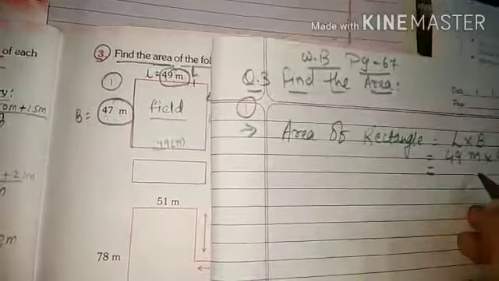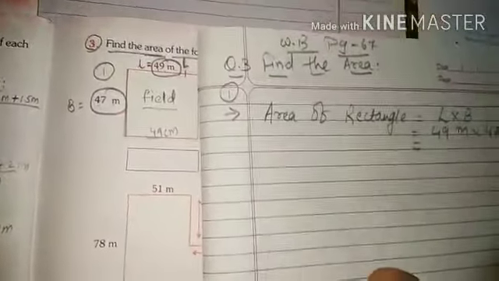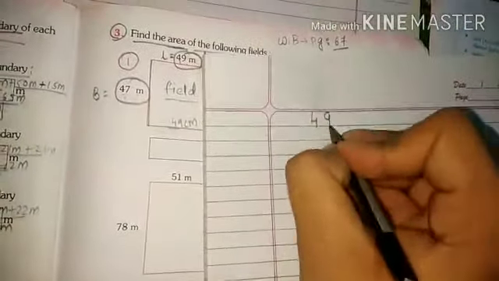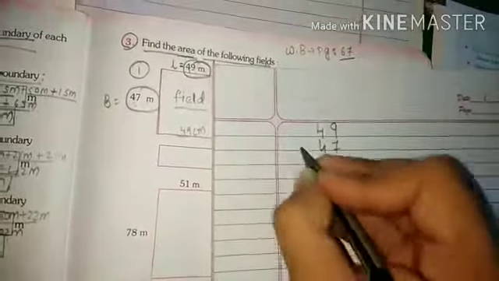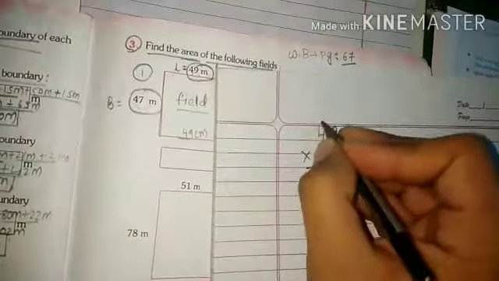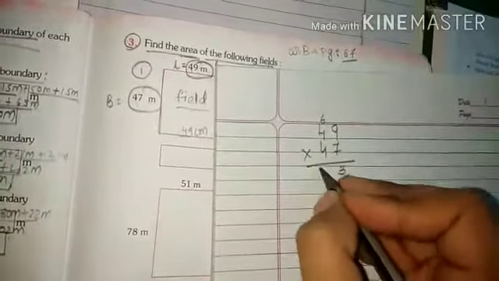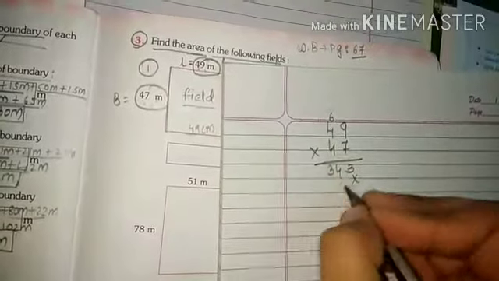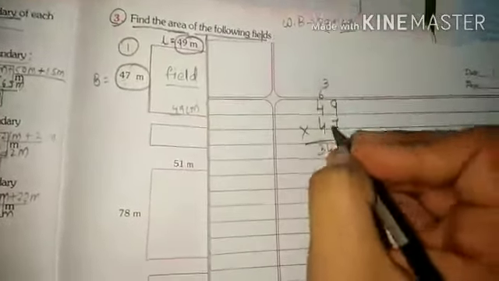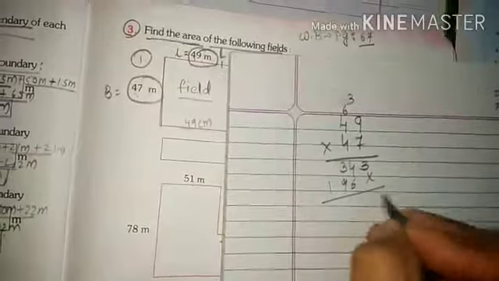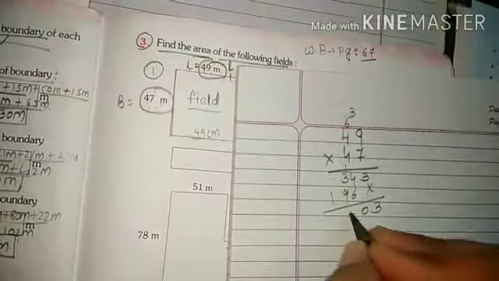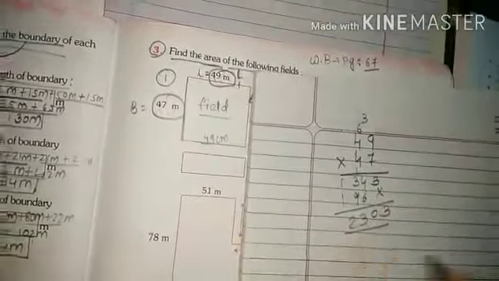Now quickly students, do the multiplication in the rough sheet. So students, this is my rough sheet. What I will do here is I will do the multiplication of 49 into 47. 7 9s are 63, 7 4s are 28 plus 6 is 34, 4 9s are 36 and 4 4s are 16 plus 3 is 19. So 3, 10, 13, 1, 2. 2303.